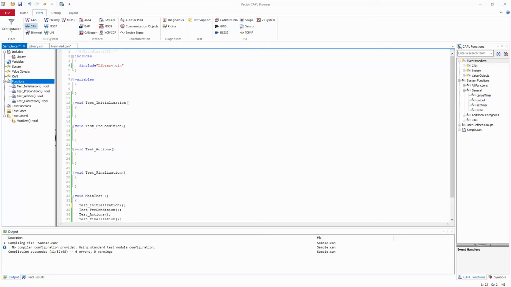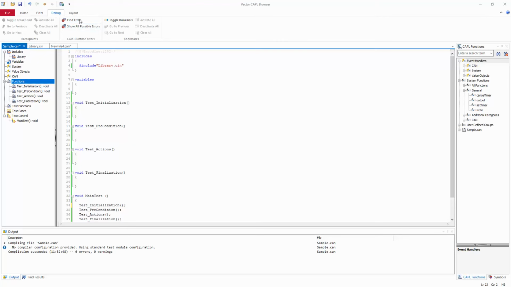So that is the purpose of this filtering option, and I'm going to the next section, which is debug. Right now I can show only the breakpoints and so on, which will be enabled when we run this code. Right now I'm going to show the toggle markers, the bookmarker.